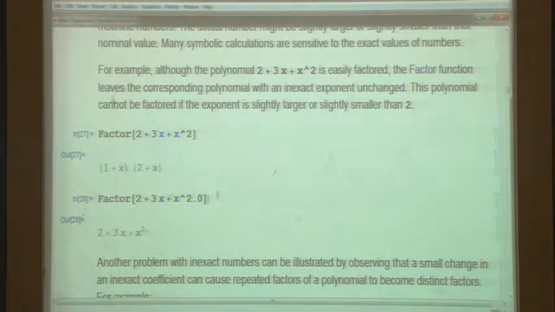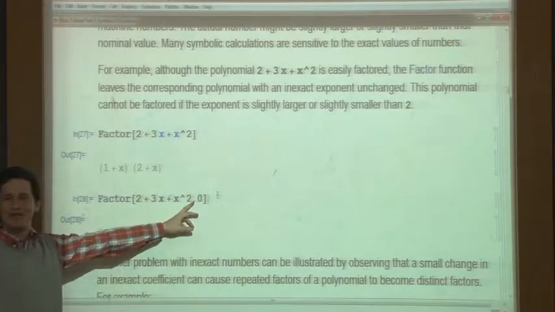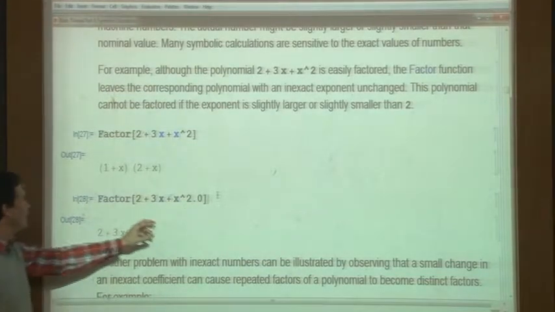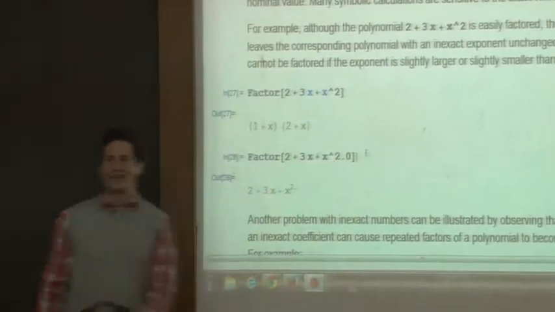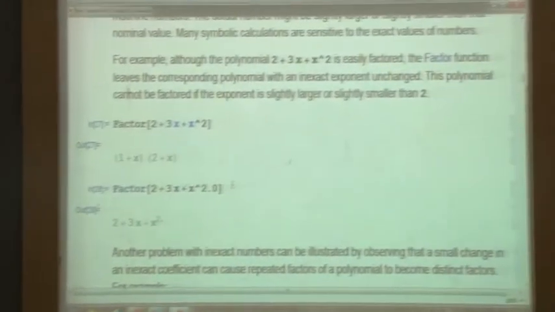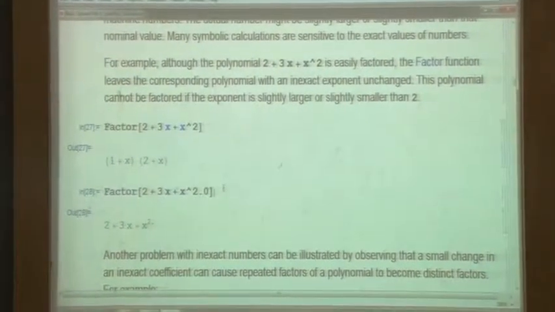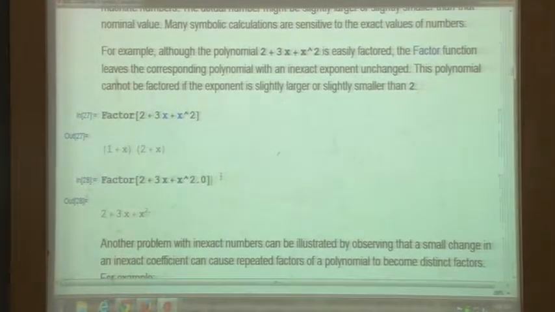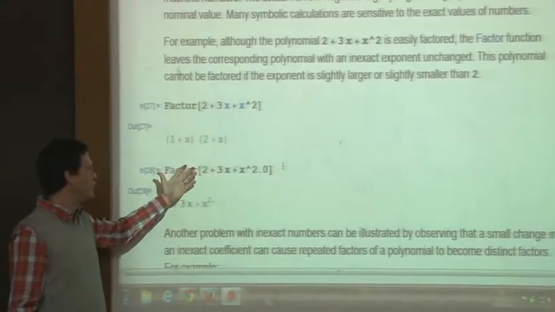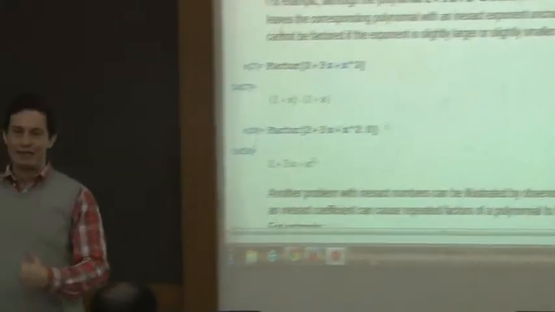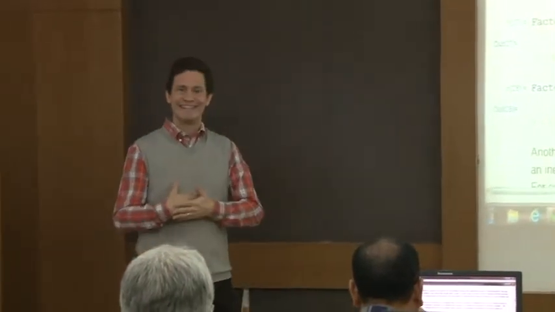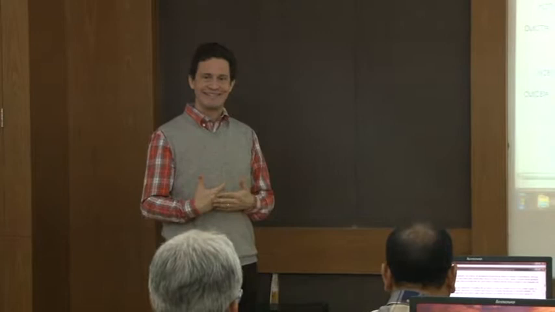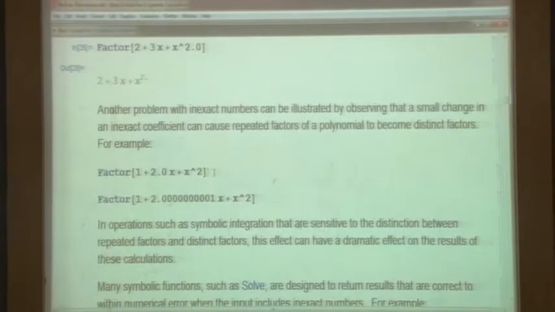So why this second option doesn't work? Again, because of the 2.0, right? So this is exact, this is exact, this is not exact, right? So Mathematica cannot handle it. So be careful, be consistent with the way you are entering the expression, alright? So make sure that everything is exact or everything inexact. If you enter everything inexact, for example, sometimes when you try to do solve will not work. Solve needs exact parameters. Right? Anyway, here another problem